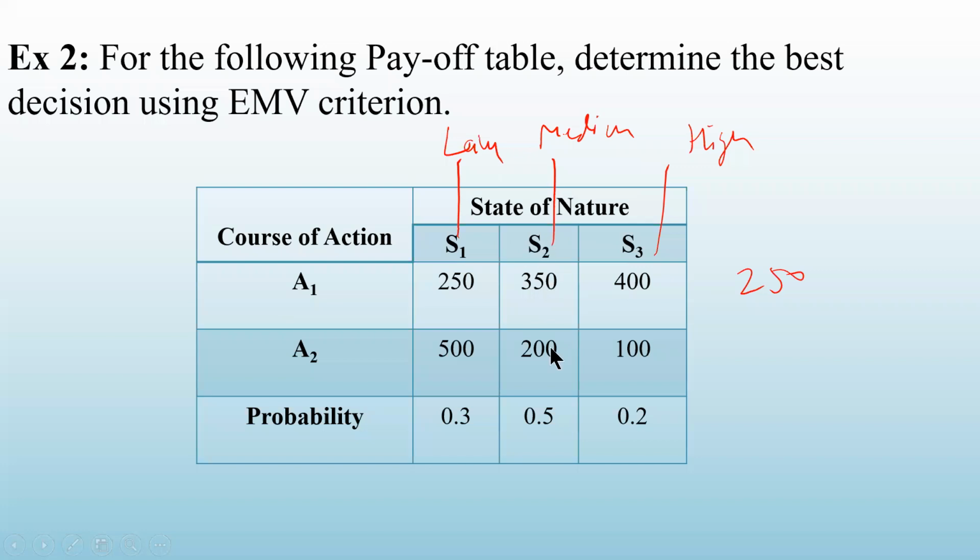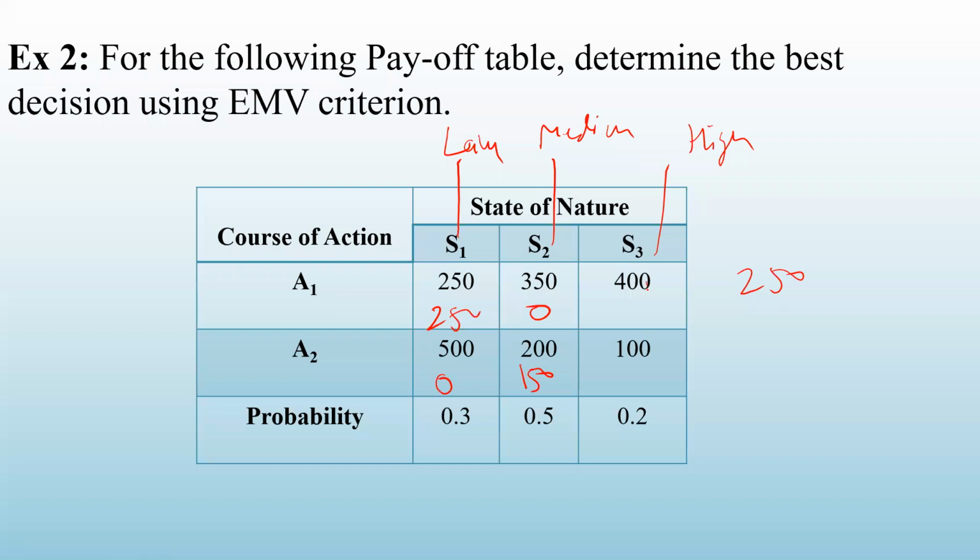अगर मैं look at this row, this column, if the demand is medium, then where am I getting the maximum profit? If I would have selected A1. Okay, लेकिन अगर मैंने A1 को select नहीं किया, A2 को किया, तो I would have got the what? Regret. कितना regret होगा? 350 minus 200. कितना होता है वो? 150. इसका मतलब मुझे यहाँ 150 का regret होगा, यहाँ पर 250 का regret होगा, और 350 minus 350 that will be 0. और यहाँ 500 minus 500, यानी मैंने वही select किया है तो loss will be 0.